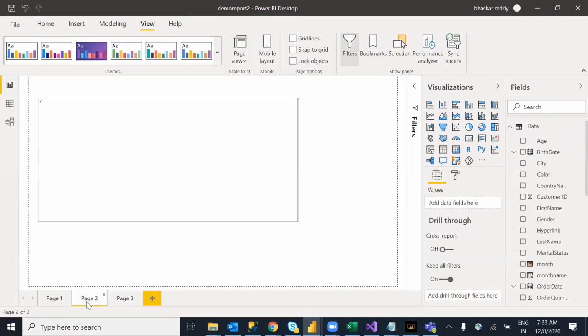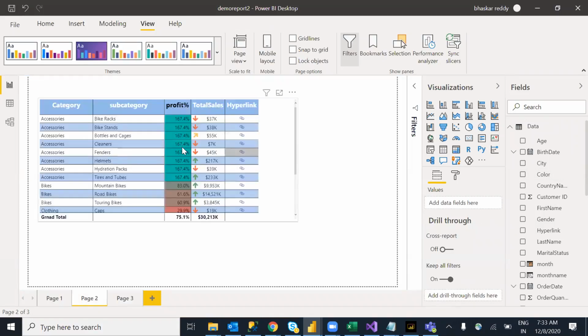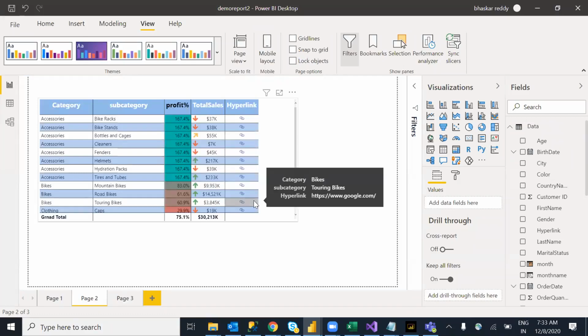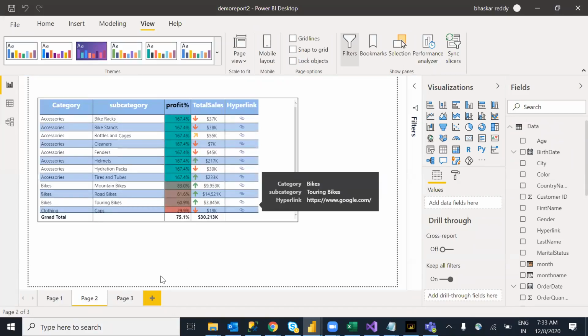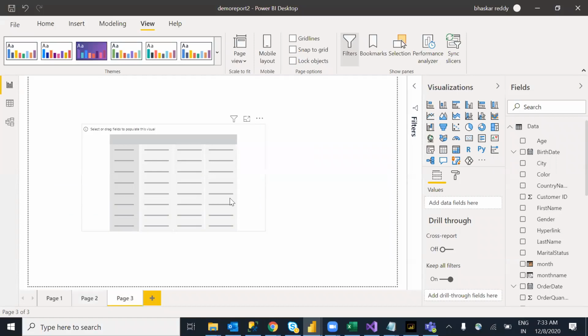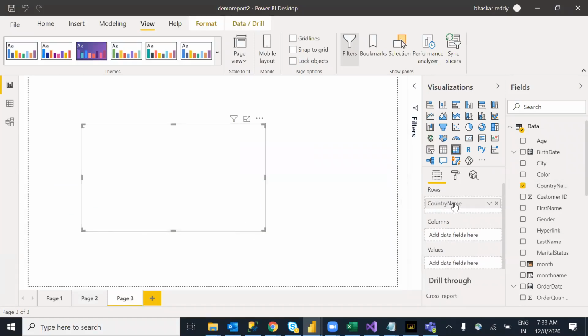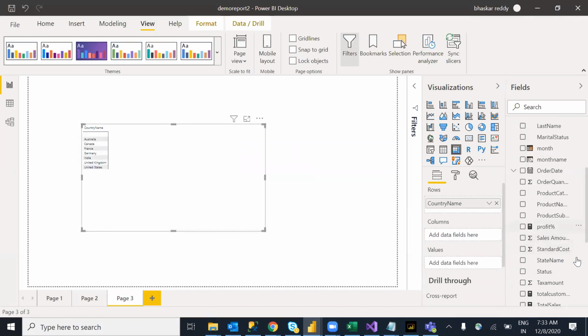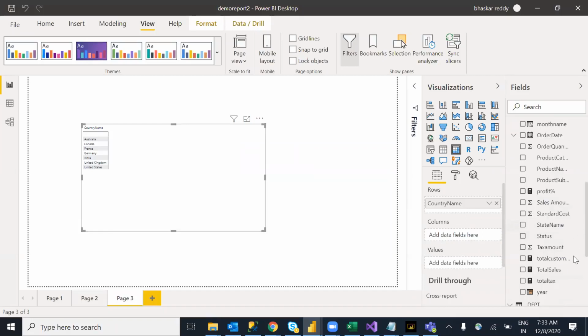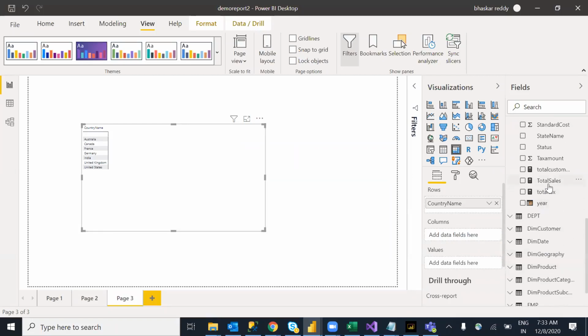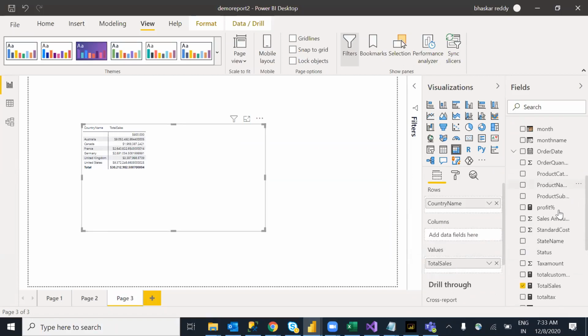Yesterday we discussed how we can perform conditional formatting. The same properties remain the same in a table and matrix as well. But here we have two or more extra features that we will discuss. Here we have rows, values, and columns as well. For example, country wise, I want to see total sales. I drag it over into values. Then I want to display percentage in values. This is a normal table kind of option.